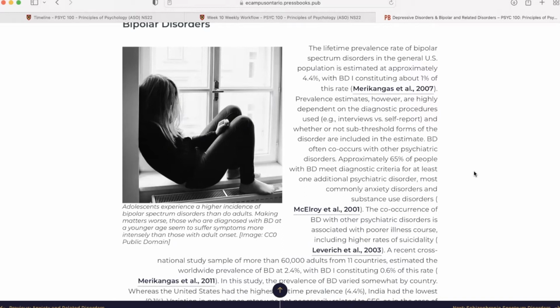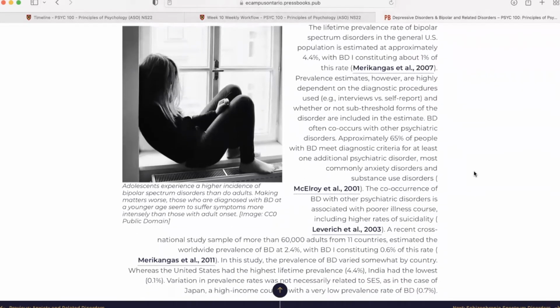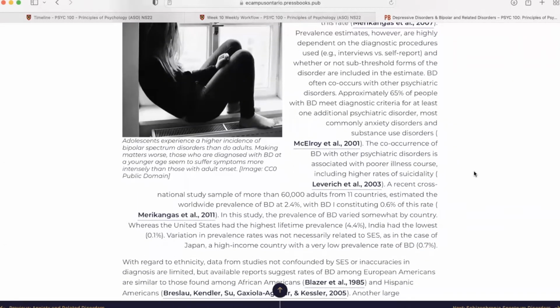BD often co-occurs with other psychiatric disorders. Approximately 65% of people with BD meet diagnostic criteria for at least one additional psychiatric disorder, most commonly anxiety disorders and substance use disorders. The co-occurrence of BD with other psychiatric disorders is associated with poorer illness course, including higher